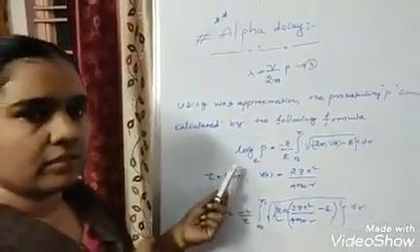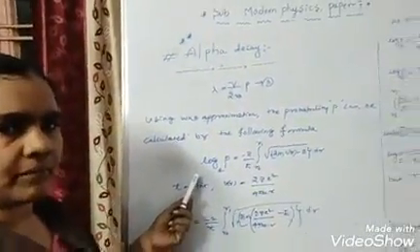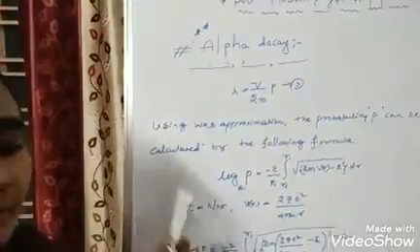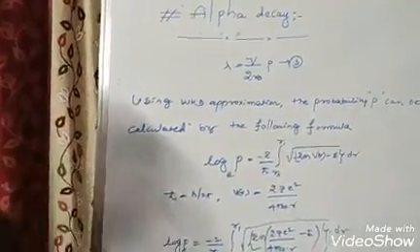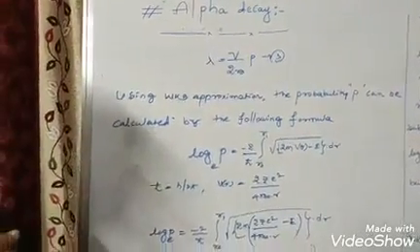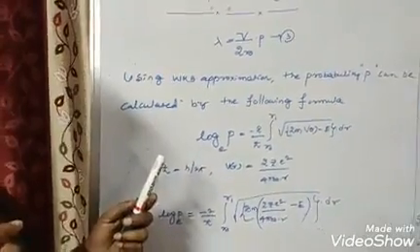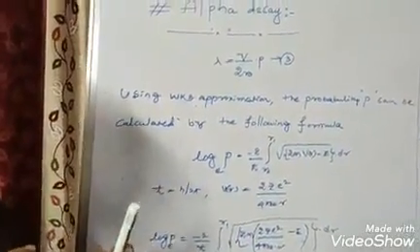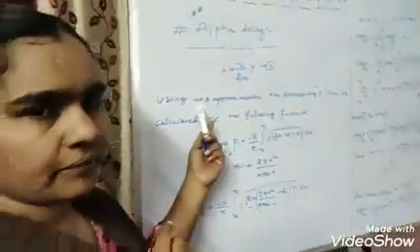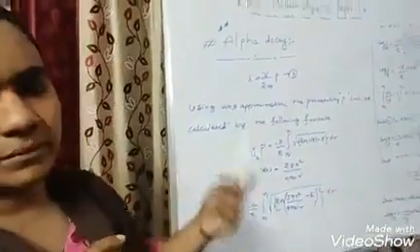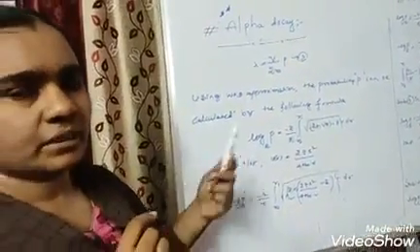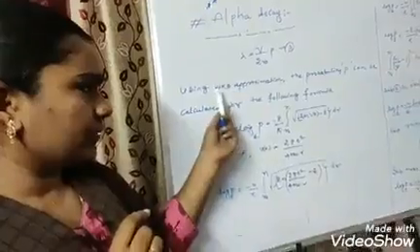Here we are calculating the probability P formula. In quantum mechanics there are a number of approximations, such as time-independent perturbation theory and time-dependent perturbation theory. Here we are using the WKB approximation. In previous MSc and entrance exams, this question has been repeated a number of times: in alpha decay, which type of approximation is used? This is the WKB approximation. In SET exams also, this question has been asked many times.